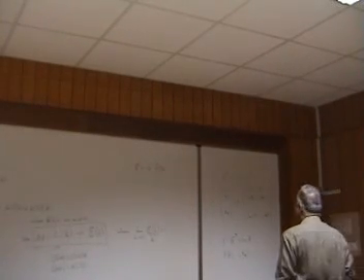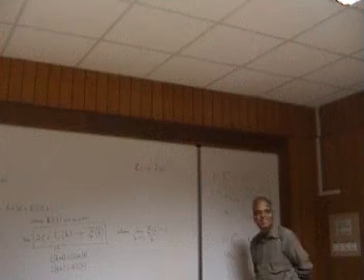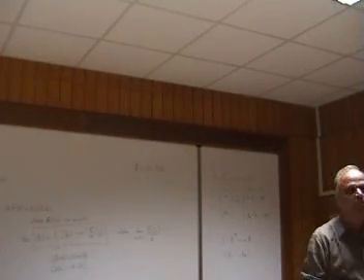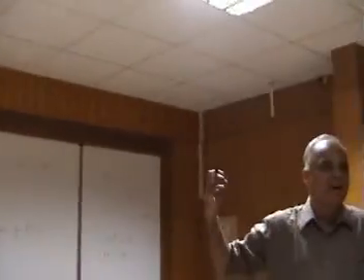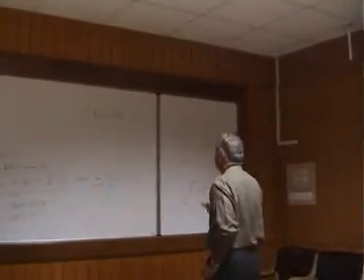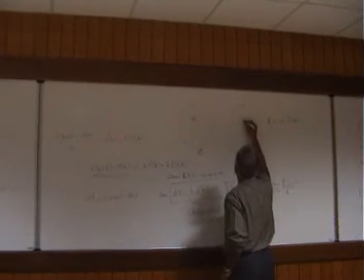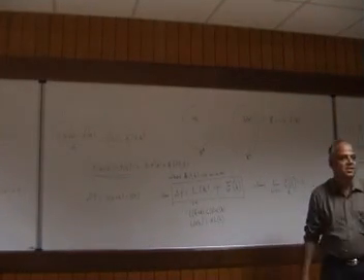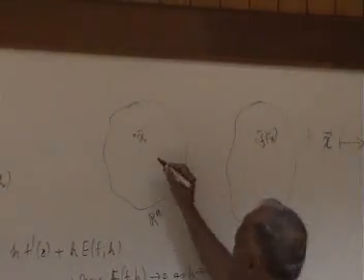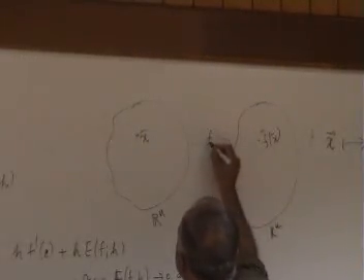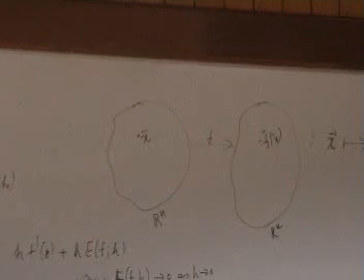How do you define the derivative of such a fellow? How can I define that a function is differentiable at a point? At a point in Rn. So here is Rn. Here is a vector in Rn. Here is a vector in Rm. This fellow is mapped to this vector, and that has m components, it has n components. Now I want to talk about whether the function is differentiable at this point x bar.